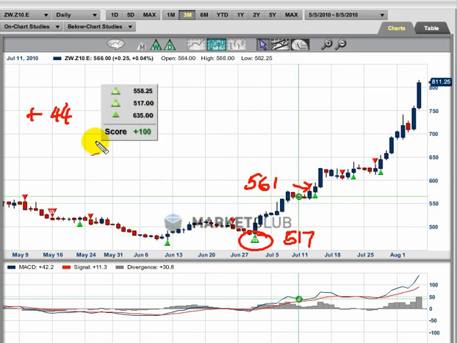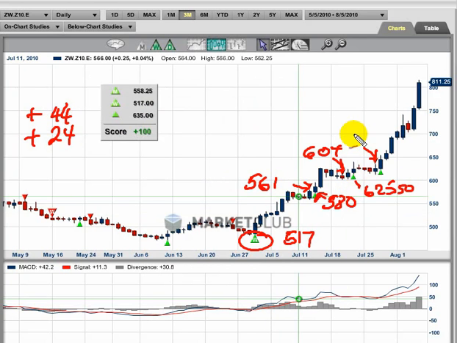That's $2,200. Okay, we would have got back in here, and that was at 580. And we would have exited here at 604, and that was a gain of 24 cents. Okay, so we got back in again here, and that was at 625.50, and we're exiting here, and I think this produced our first loss of the move. And this price was 615.75. So this actually produced a negative 975. It's 9.75. So we get back in here, and this is at 635, and the market's currently trading at 811.50.